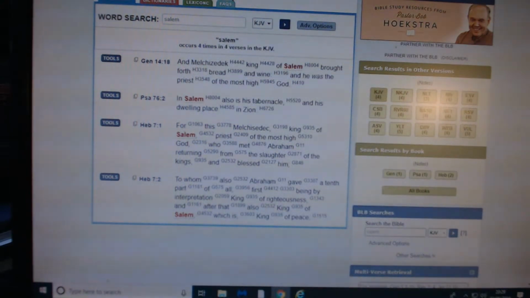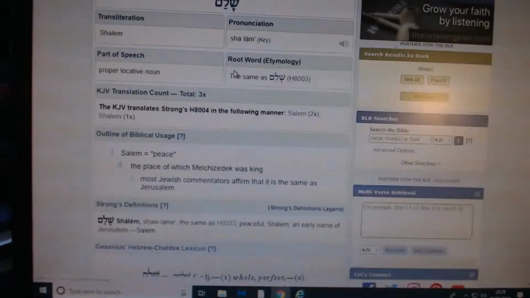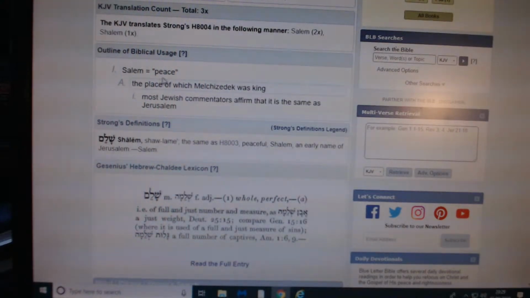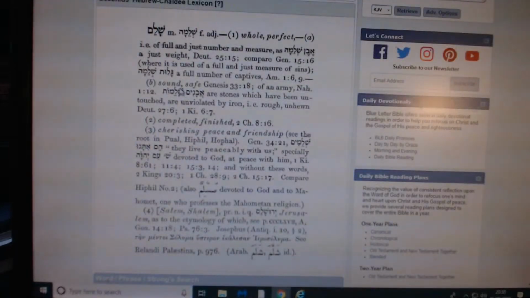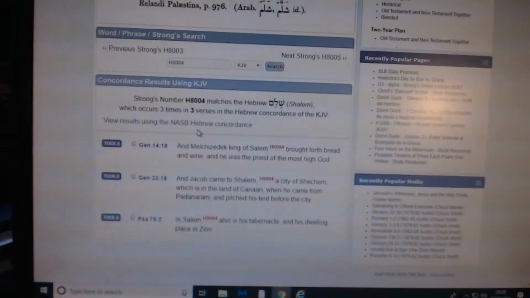So if we click on that, I'll go forward to that, which is what we had up here. First of all, you can see Salem, peace, the place of which Melchizedek was the king, or Malak. Most Jewish, notably, commentators affirm that it is the same as Jerusalem. Notice they don't say Hebrew or Abri, it's Jewish. And there's a big description of what Salem means. It can mean completed, finished, cherishing peace and friendship, sound and safe,